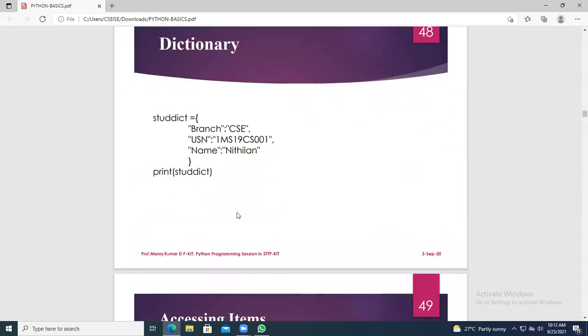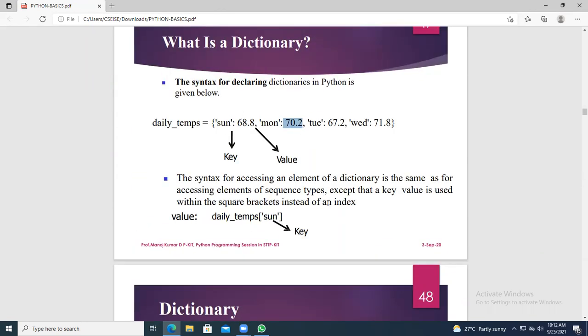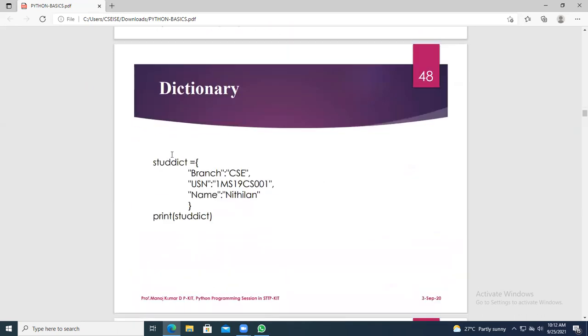Basically, this is one of the examples we have taken, but here you are going to create a new dictionary. So we have taken a dictionary variable. A dictionary will always start with curly brackets. In that I have taken keys: branch, USN and name are the keys. Next, you have to give a colon to create a dictionary.